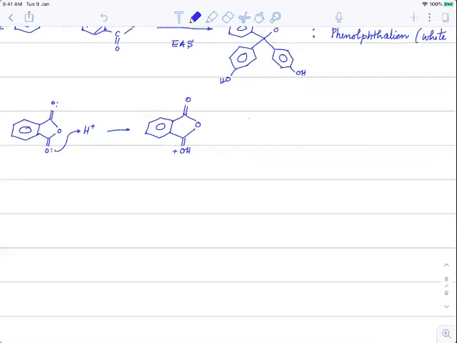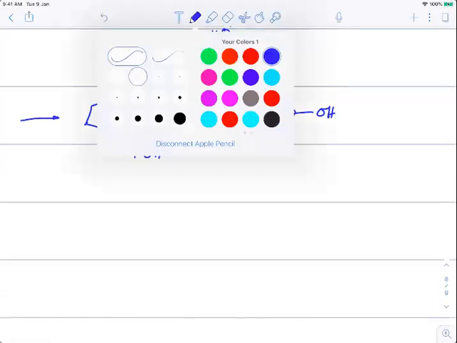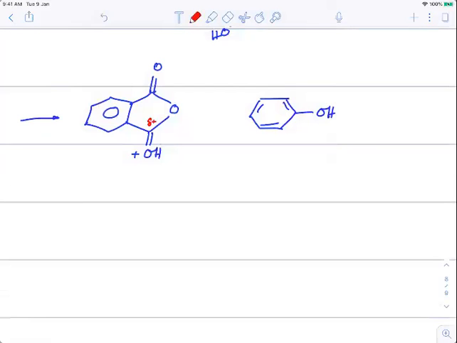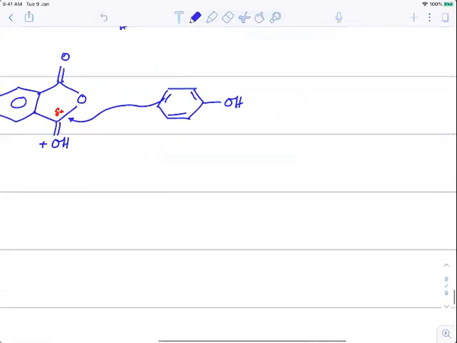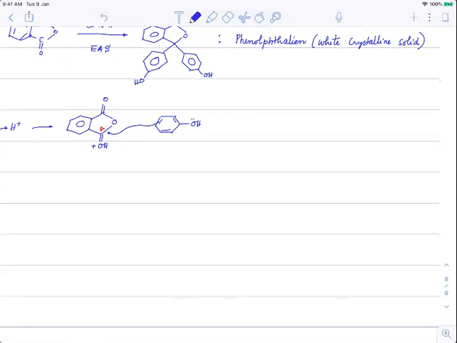Now we are reacting this with phenol, and phenol is an ortho-para-directing group. Bringing it to ortho is difficult because it is a very bulky group here. Correct? It is a very bulky group. So you can see this carbon being quite delta positive now. It is acting like an electrophilic site. So the pi will attack here. The lone pair will support here and this lone pair will come here. Alright? Okay. Although I'm not writing all those steps, it's not required, because we know that eventually aromaticity will be retained.